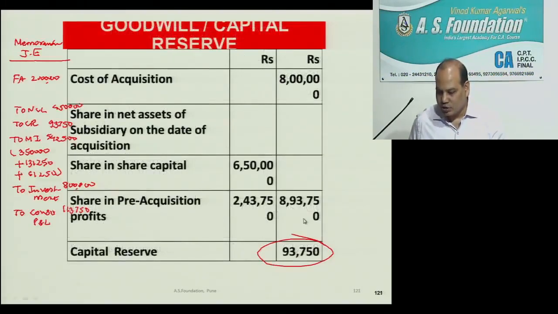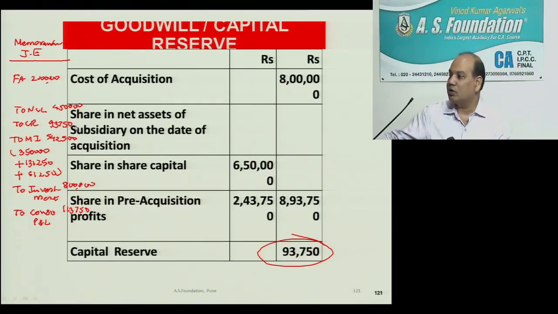Now cross check. What should be the cross check? The total should match now, because you are passing a journal entry. Just tell me honestly, is the total of the credit side also 20 lakh? Sure. Show me your calculator. That's right. Show me the check function whether you've written properly or not. That's right.